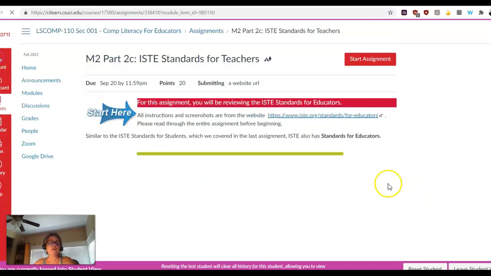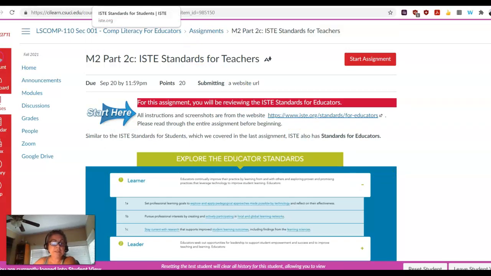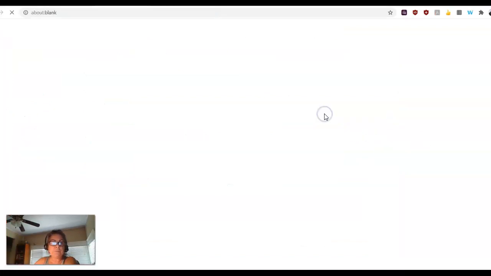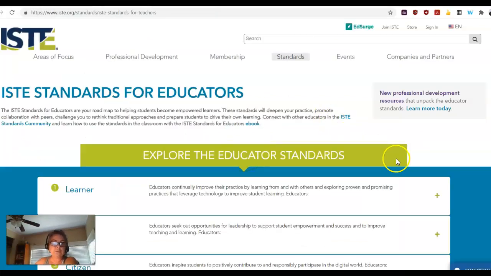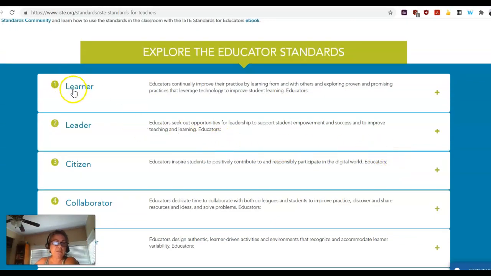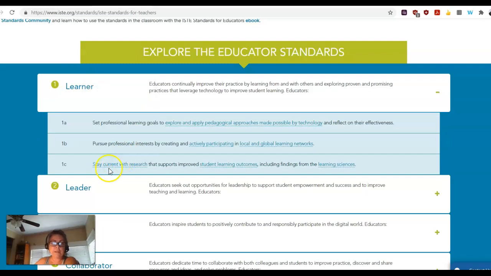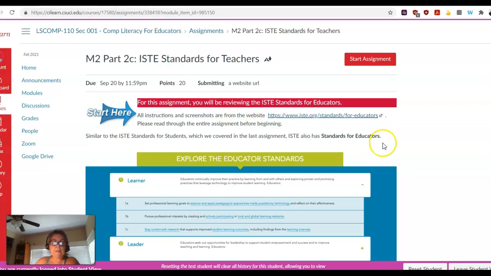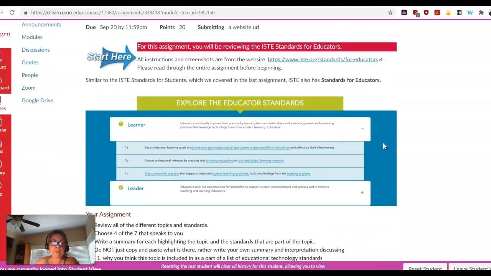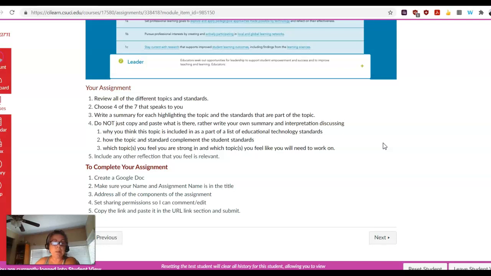The next one is you're going to be reviewing the ISTE standards for teachers. Let me just close a couple of things here. So here are the ISTE standards for teachers. Here are the topics: learner, leader, citizenship, etc. And then here are the standards or the details under the particular topic. So what I want you to do is look through those. You're going to be creating your own Google Doc. You're going to review those topics, and I want you to pick 4